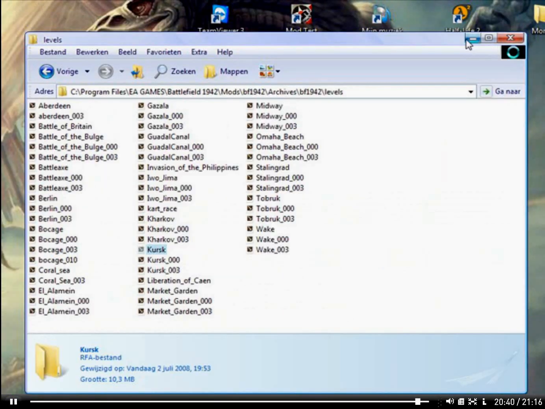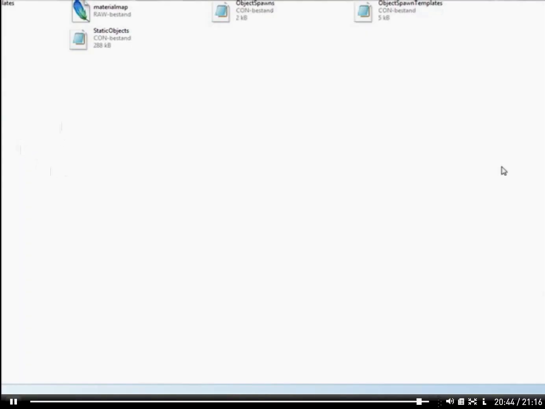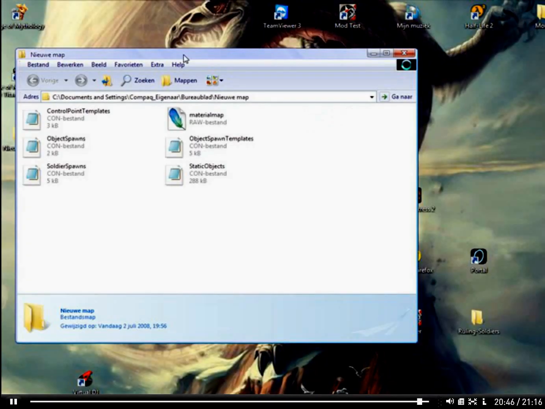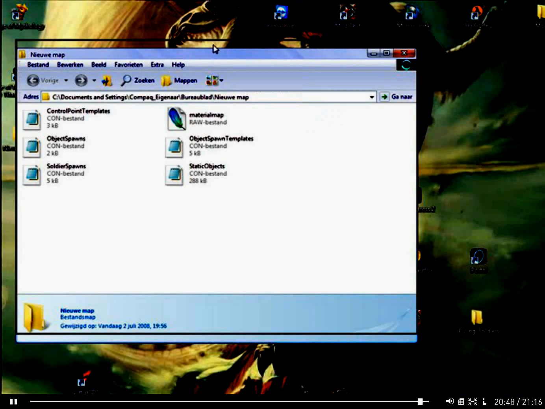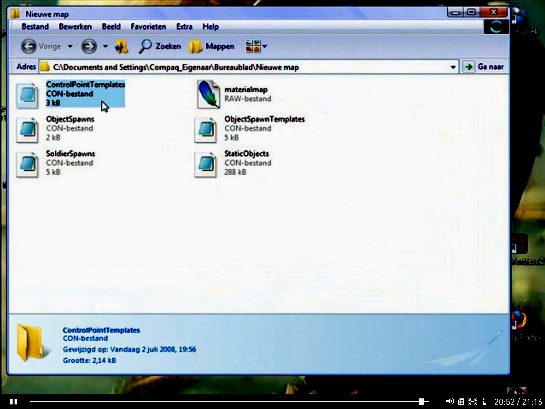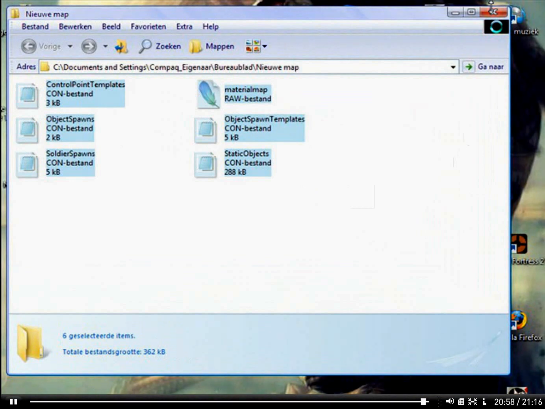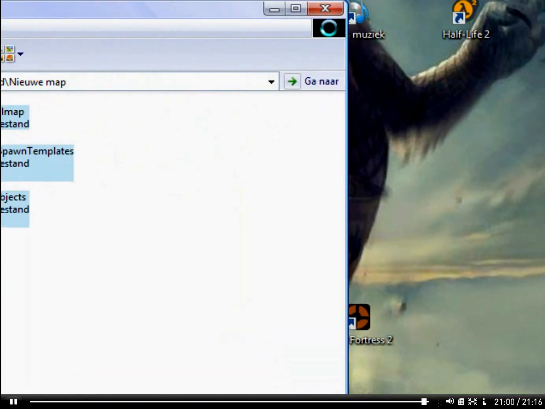Okay. Once you've done that, you go to your folder, and you will notice there are the files we've extracted. And you can send those files to me on Xfire, that's rsdspy on Xfire, or